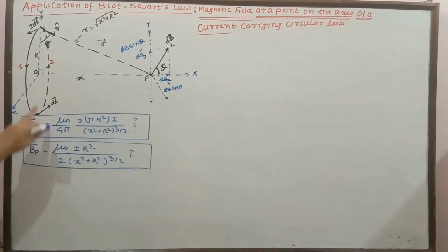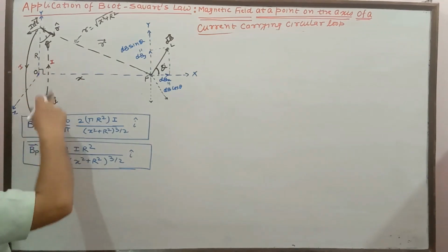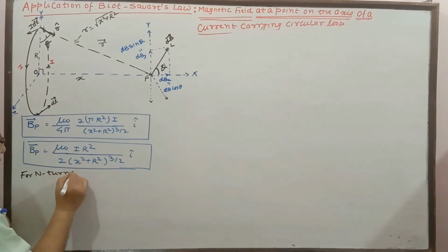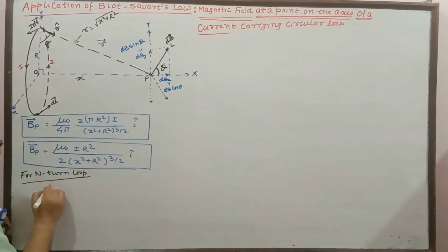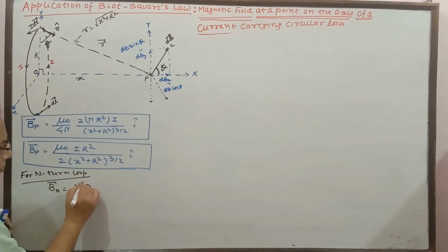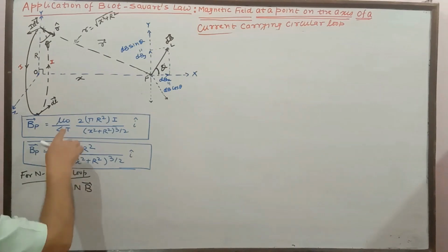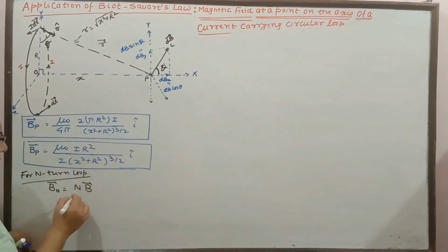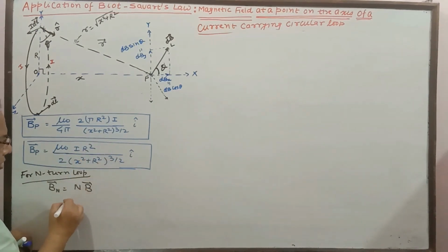So this is the magnetic field due to this current loop at this observation point P. This is for one turn only. For an n turn loop, the net magnetic field Bn is n times the magnetic field due to one turn, and it is in the form of mu naught by 4 pi. Here the 2 pi is cancelled out, so this is the minimum form after cancellation that we are going to express. Either of the forms we can put.